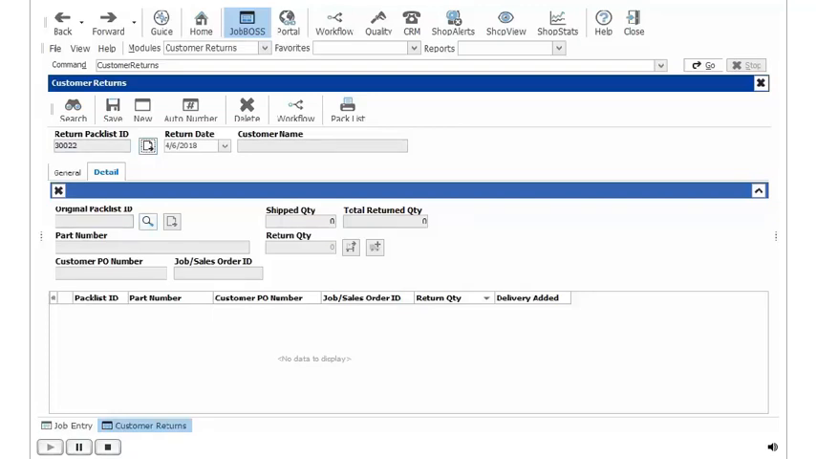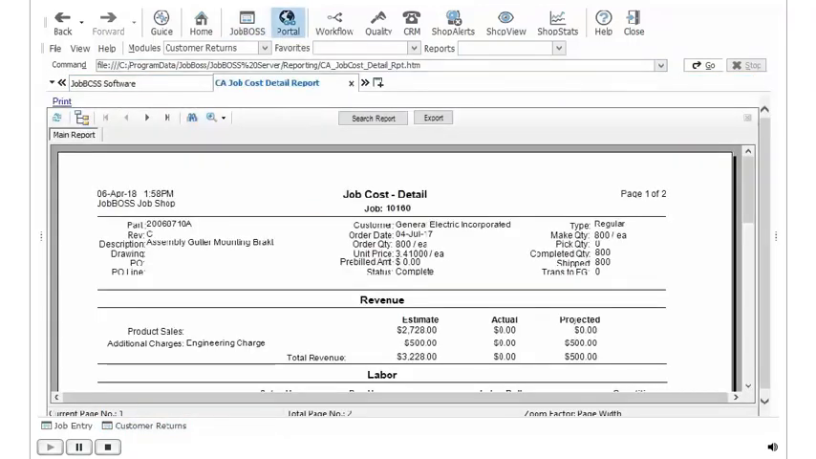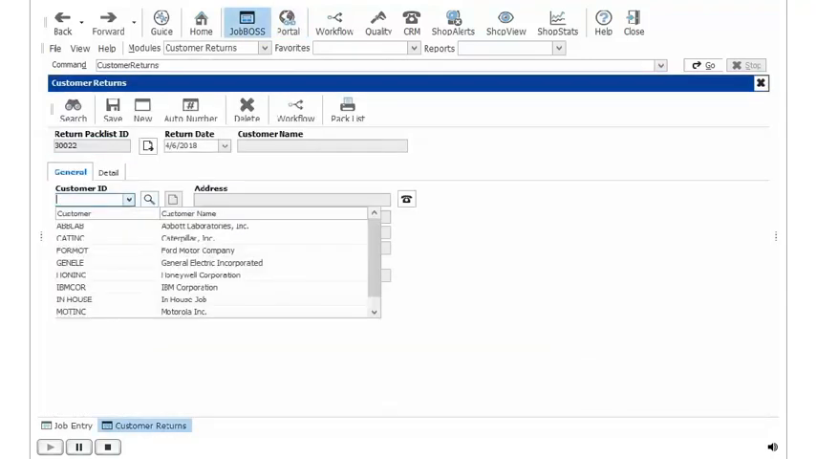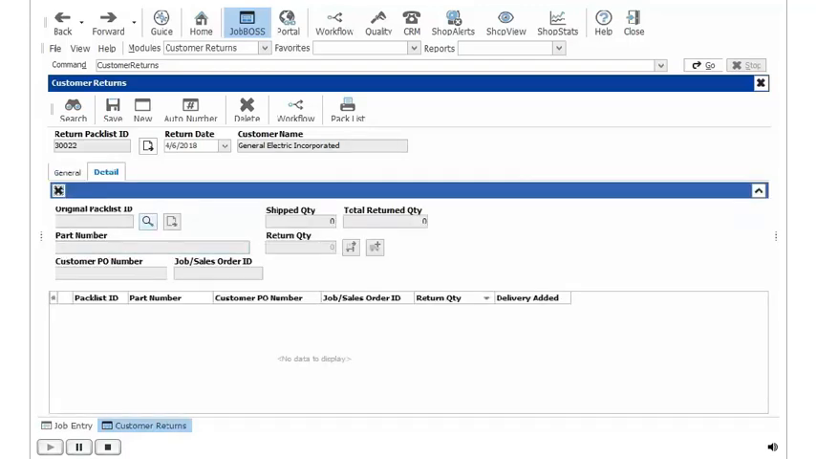So notice we're starting on the Details tab. If I know the customer, I can certainly go to the General tab, and I can enter in that customer's name as well. And in fact, I don't remember the customer's name off the top of my head, so I'm just going to go back. And it looks like it was for General Electric. So I'm going to hit my JobBOSS button here, and we can select General Electric from here and hit the Tab key, and then we can jump over to our Details tab, where we have the ability to look up